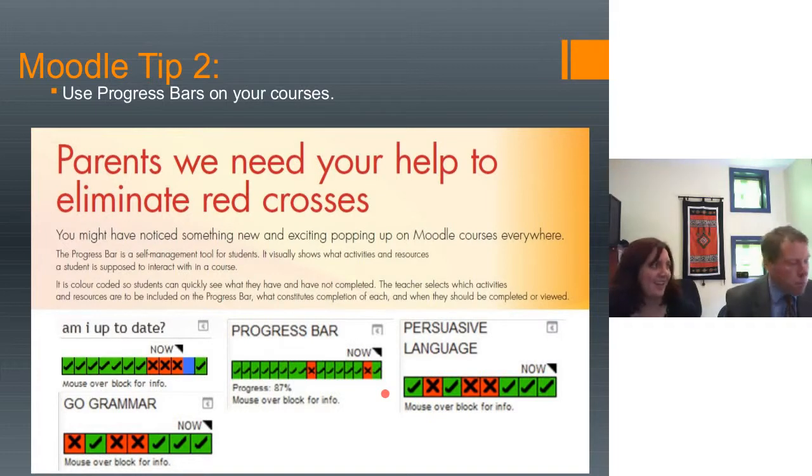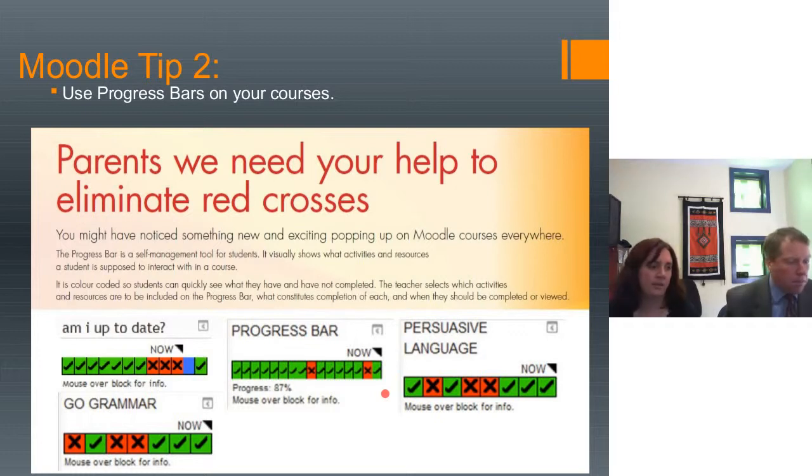We've had an enormous discussion in the staff about what is an appropriate level of tasks, what's too many, what's not enough, and how that works within our reporting system. So there are some things that you're going to be asking the students to do and to complete in class, which will contribute towards classroom activities, but may not necessarily contribute towards their assessment. So what we ask our students to do is to go through and check for the green ticks